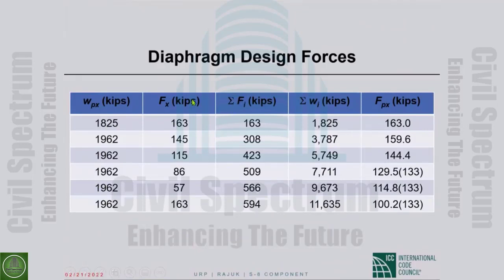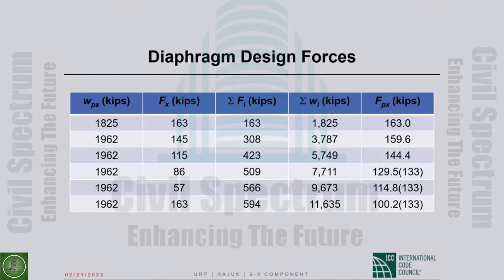Those are sums of these forces as you go down. This 308 is 163 plus 145. These are the summations of the weights. The 3787 is 1825 plus 1962. And with this and that, we are able to calculate the F sub px, the diaphragm design force at level